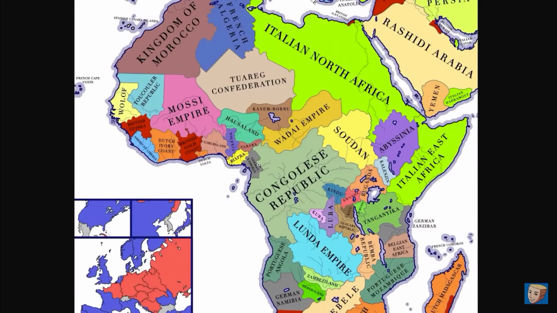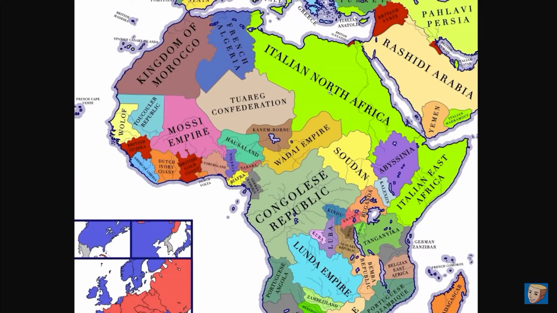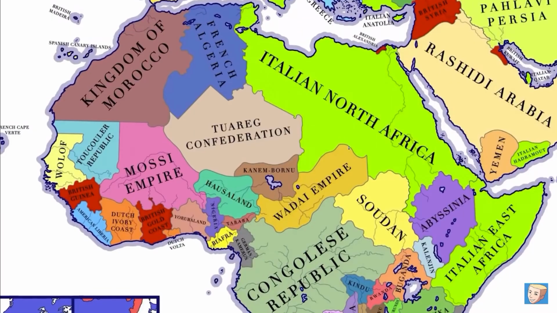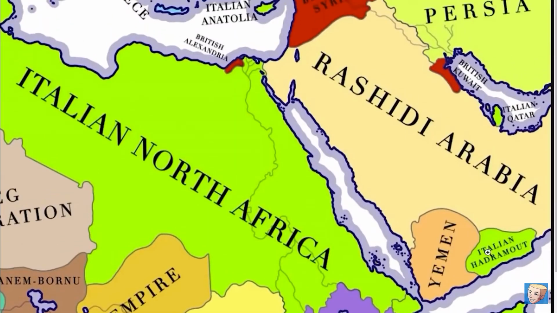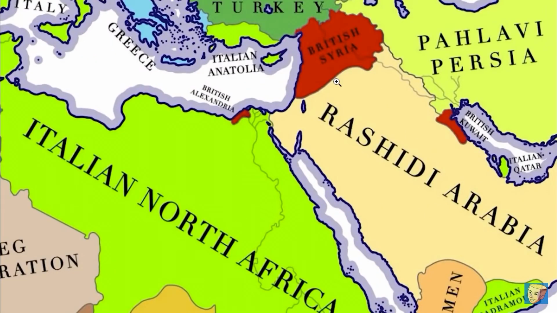The Congo had been released in 1950, but the Italians are going after that Roman Empire again. They took a bunch away from the French, I think, or even in the Arabian Peninsula. The Ottomans have collapsed. There's still a British Syria, though.